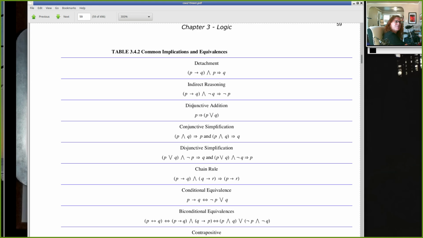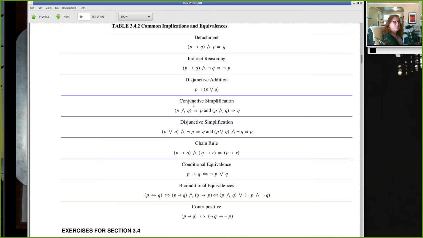Table 59, common implications and their equivalents. Okay, so these are the rules we're going to use to do very formal proofs. And they have fancy sounding names like disjunctive simplification and conditional equivalence and so on. But we're going to dig around with these and use them to prove things in very rigorous ways. So